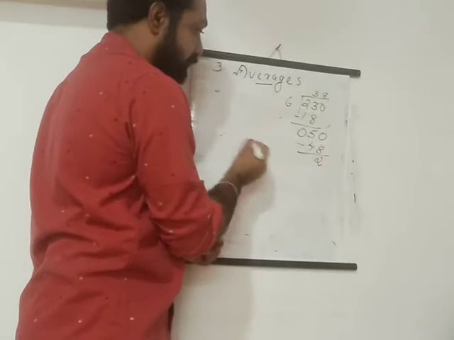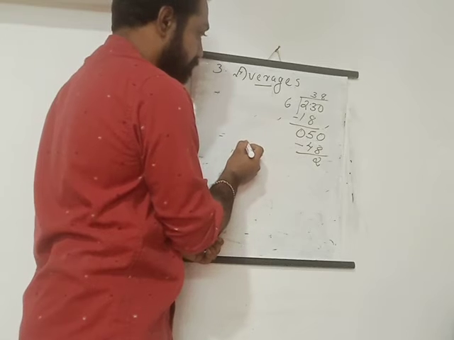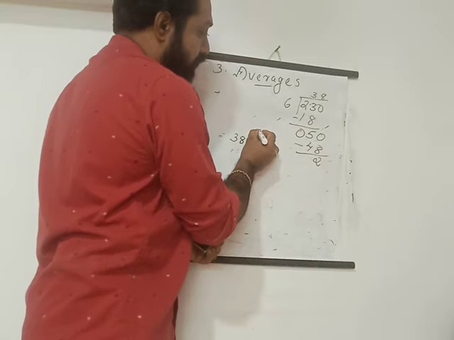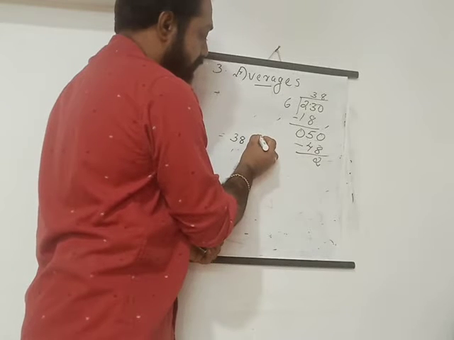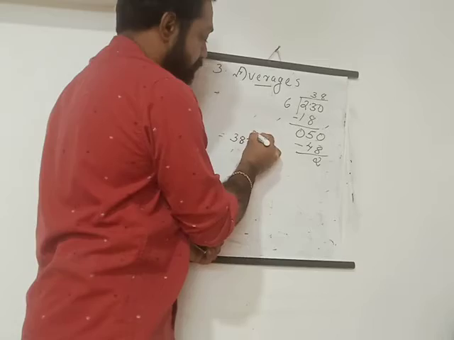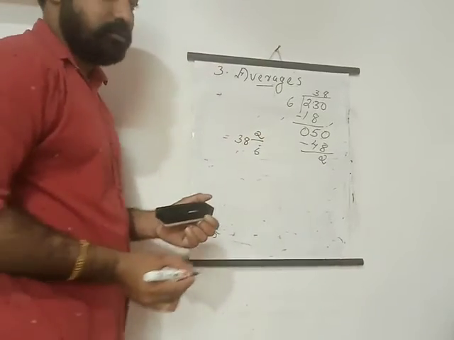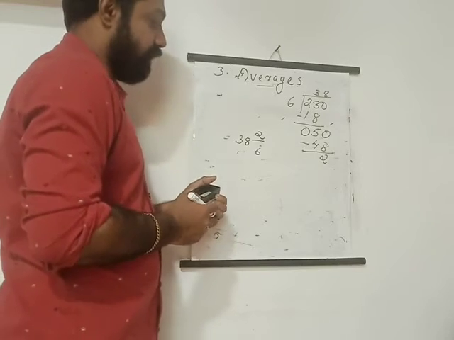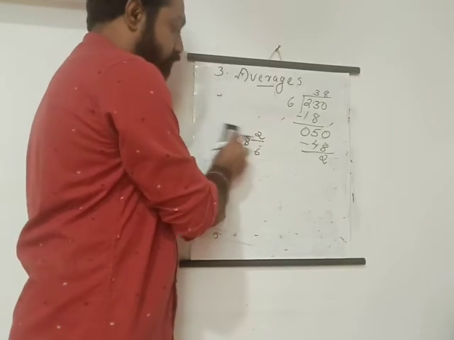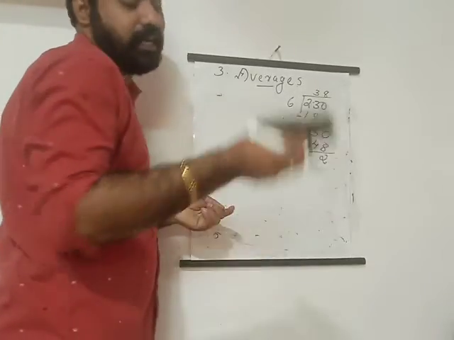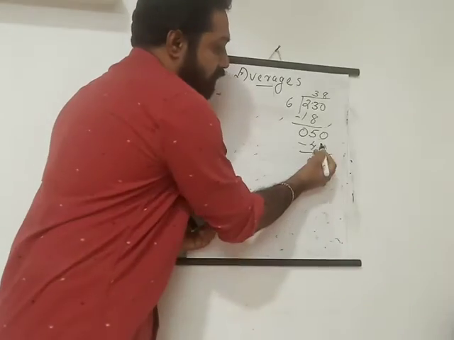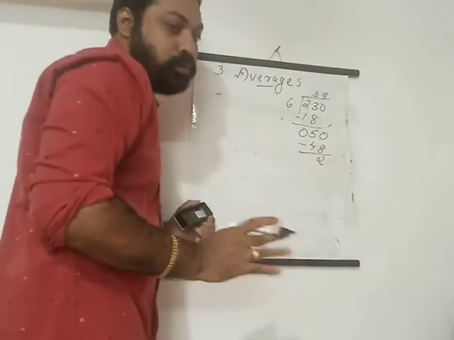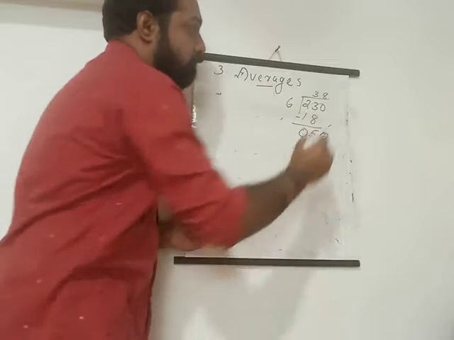Usually we will finish our question like that. What we write here: 38 is the quotient, isn't it? Divisor is 6, remainder is 2. This way we are writing, isn't it? This is mixed fraction form, 38 2 by 6. But in this kind of question we are not writing this way. Instead of that we can write it this way. We don't have any other number to bring down, so we can use a point here.